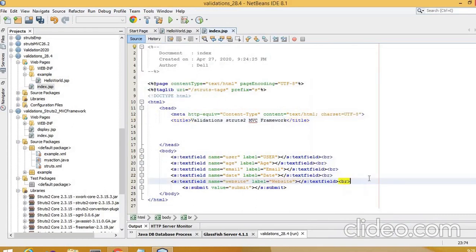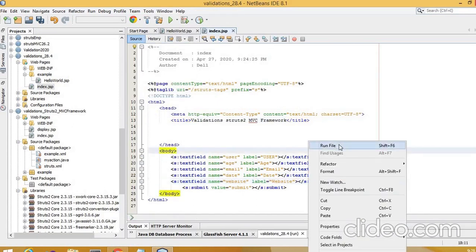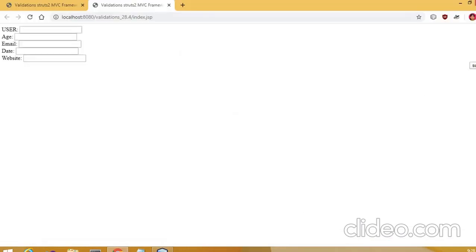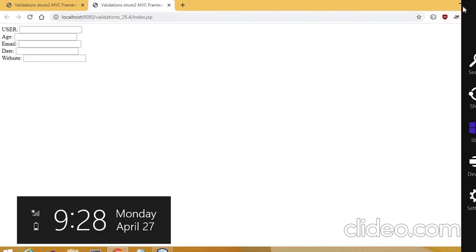Break statements. Okay, just run this. Let's see how it works. Okay, now it is giving me in a proper manner. Okay, after this,